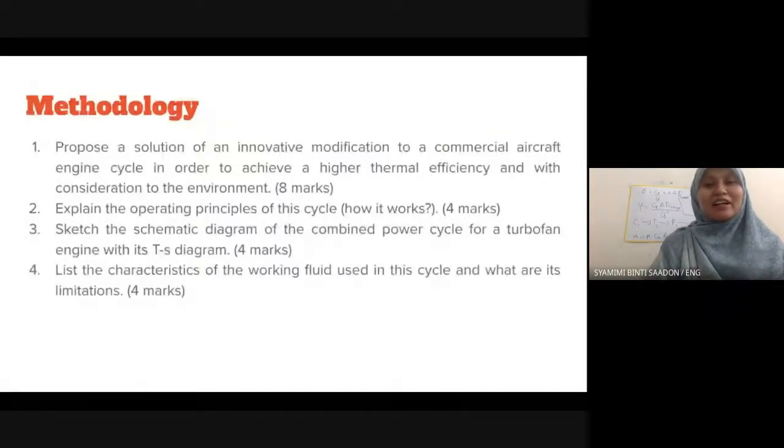So you need to explain the operating principles of the cycles, and then sketch the schematic diagram, because you want to understand how the temperature, pressure and entropy change throughout the cycle, and list the characteristics of the working fluid used in the cycle and what its limitations are. For example, if you propose organic Rankine cycle or supercritical carbon dioxide as the working fluid for the extra cycle,